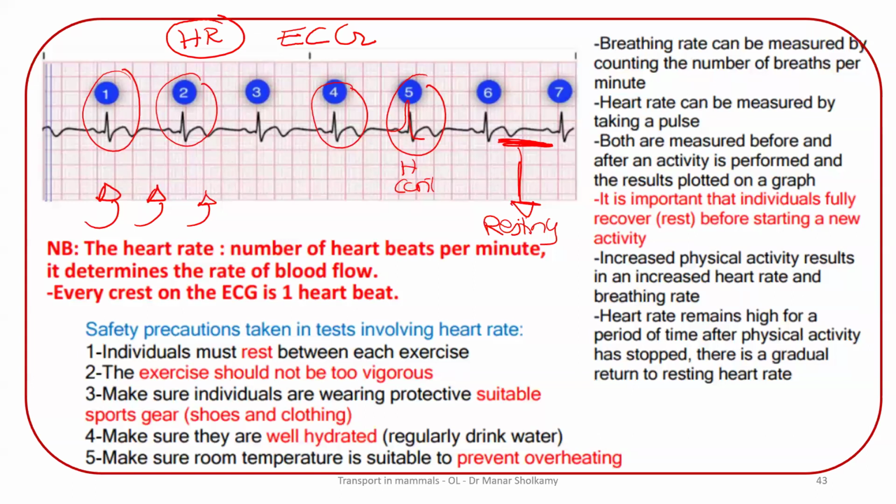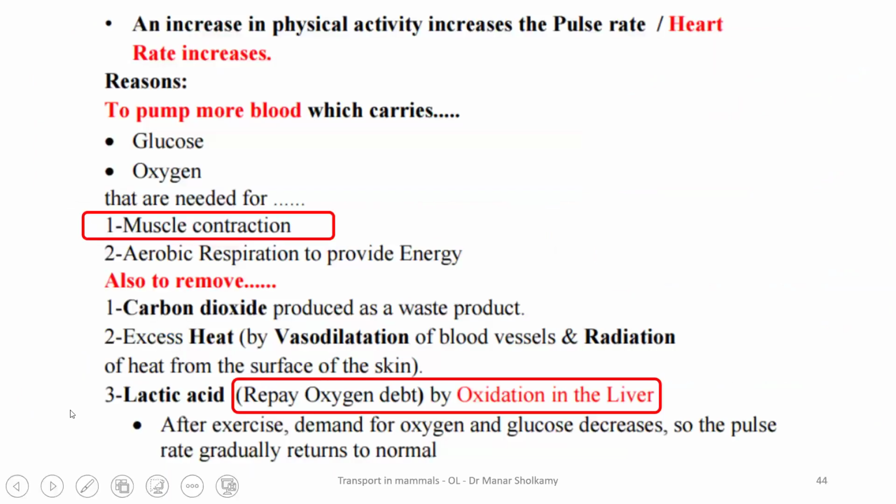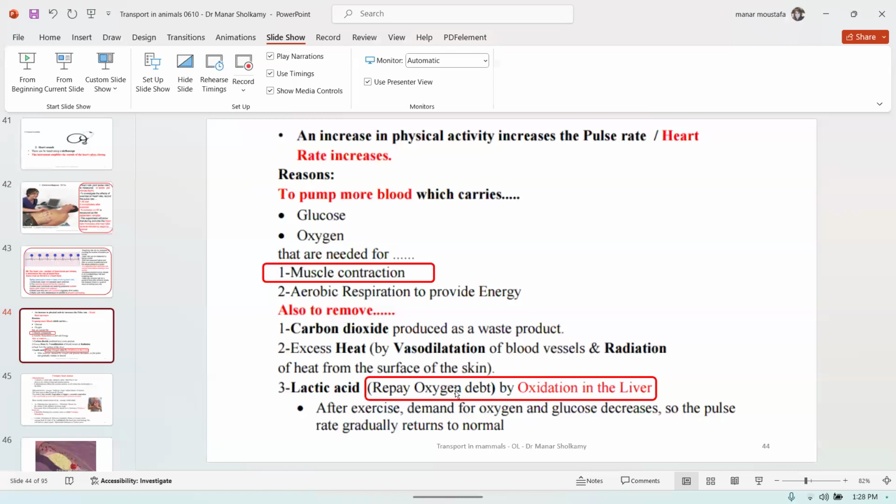7. And yes, 7 times. Every curve is a heartbeat. So here, the heart rate is 7 beats per minute. This is how we write it. The units are important. Okay, good. So we mentioned this. We will talk about the oxygen depth in respiration. Let's go back to the other PowerPoint, which is the supplement PowerPoint, to make sure that we're done.